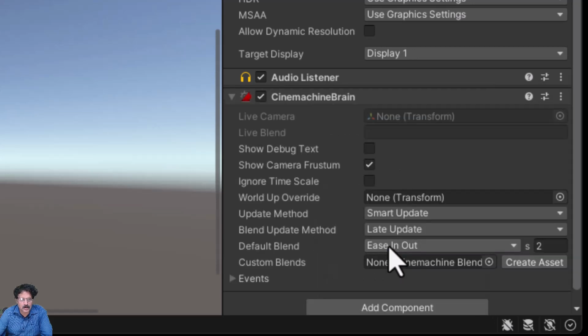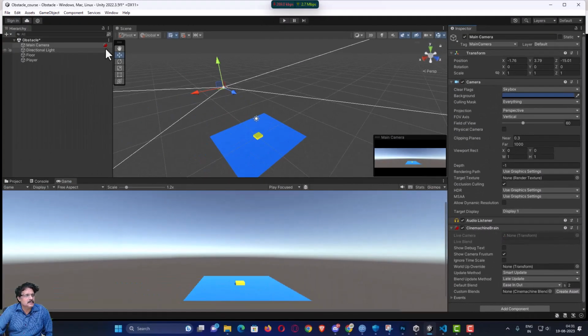So, when I click on Cinemachine Brain, this Cinemachine Brain component is added to the main camera. You can see the icon has changed, but right now nothing is happening because